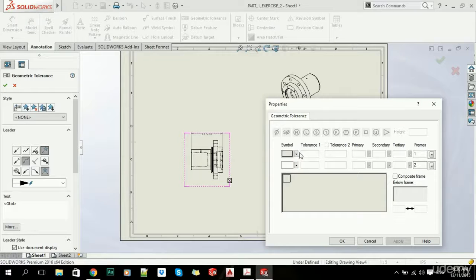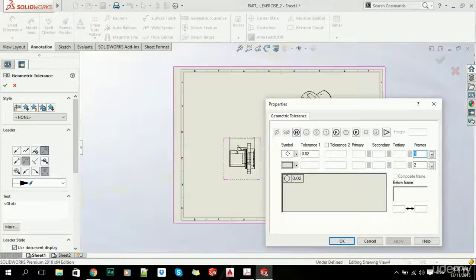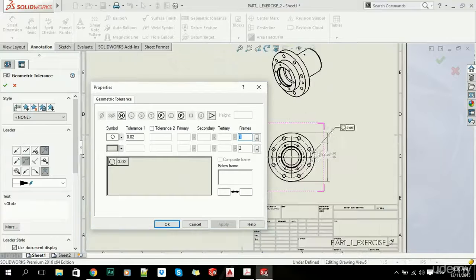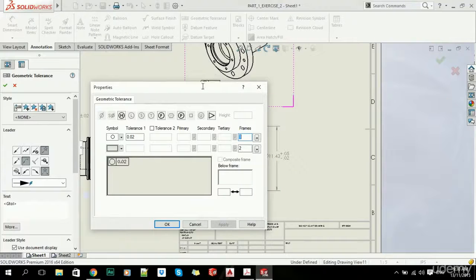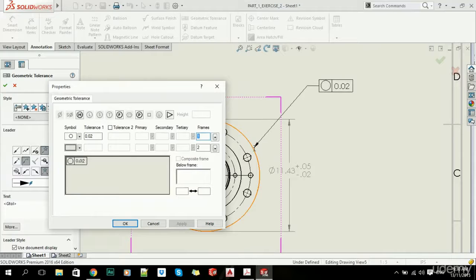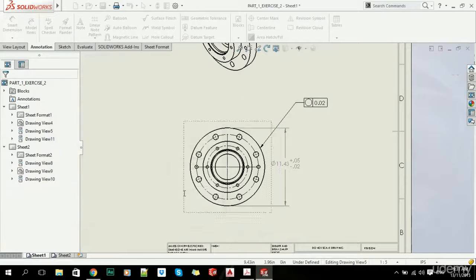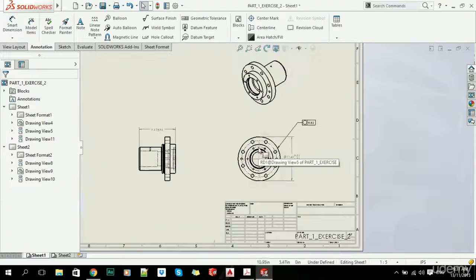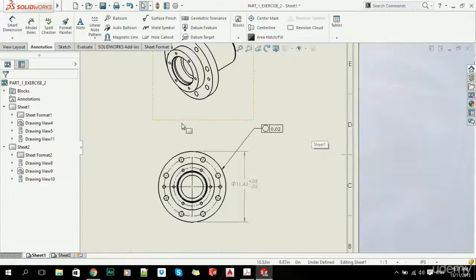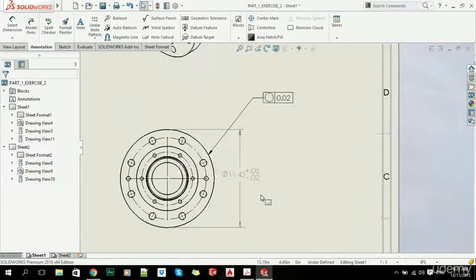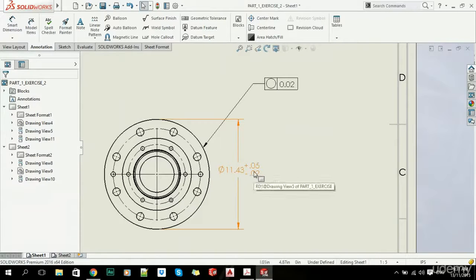Now let's just add one of circularity, 0.02. Now we just specify this and we can just move around, and let's just move this, and let's add this in here. So we simply click and you drag it around and click OK. Now these are the basics of how you can add geometric tolerance,